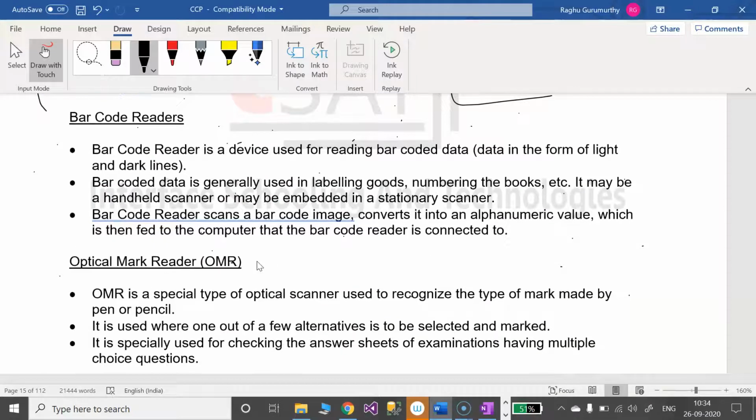Later, the barcode reader. A barcode reader is an input device used to read barcoded data, that is, data in the form of light and dark lines, the barcode. Barcoded data is generally used in labeling goods, numbers and books, in a very wide format.